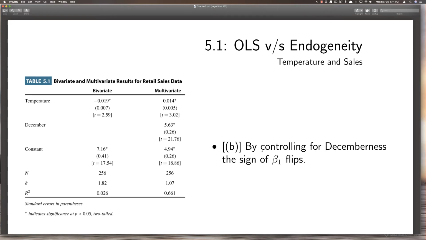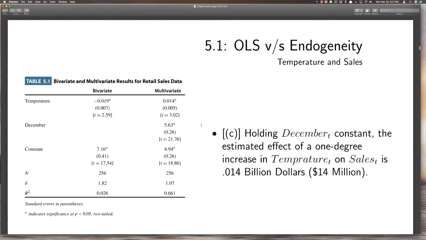So by controlling for Decemberness, the sign flips. Now we have a positive slope on our best fit line. So what we see is that every 1 degree increase increases sales by $0.014 billion, which is $14 million for